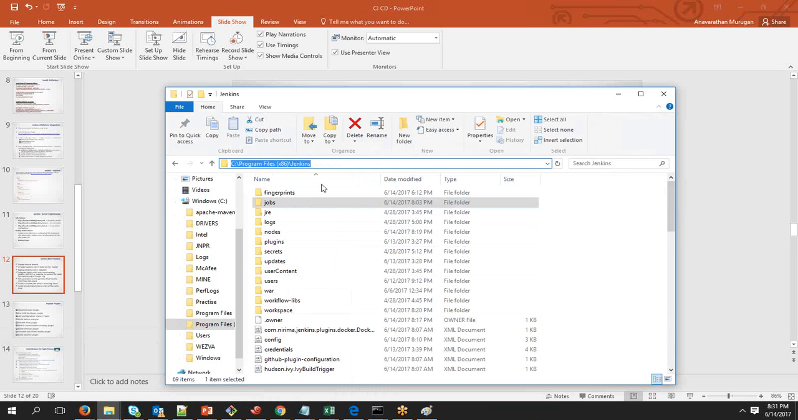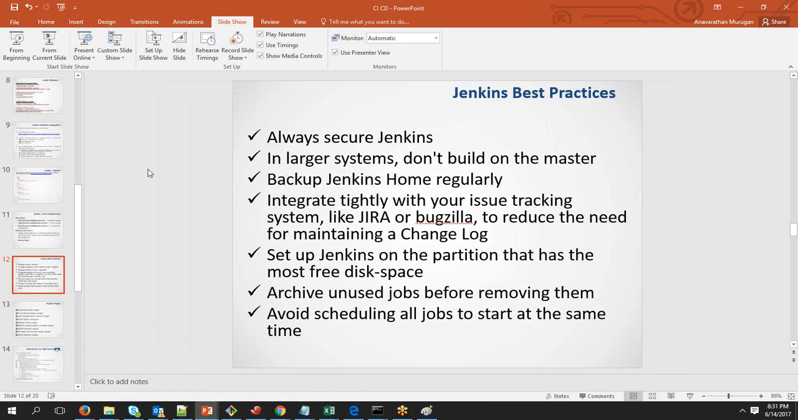Everything will be available under this directory. So that is how we need to make sure that you have enough space on the disk where you have installed Jenkins. Okay, then since every job that you're going to run will be kept as a backup in Jenkins,